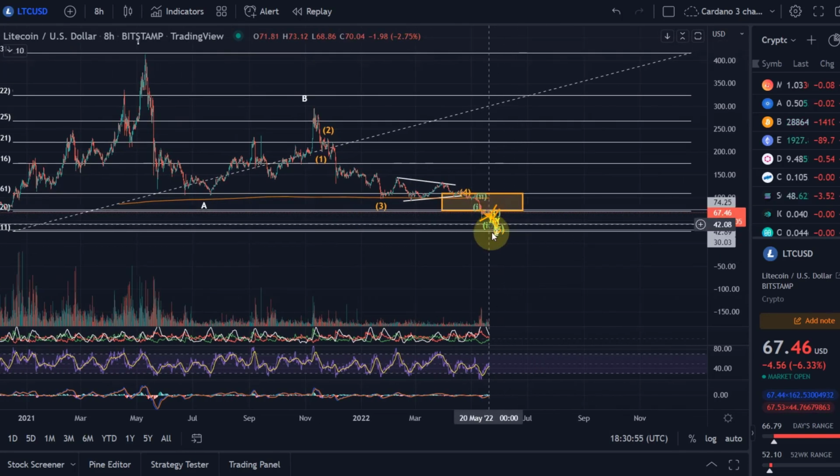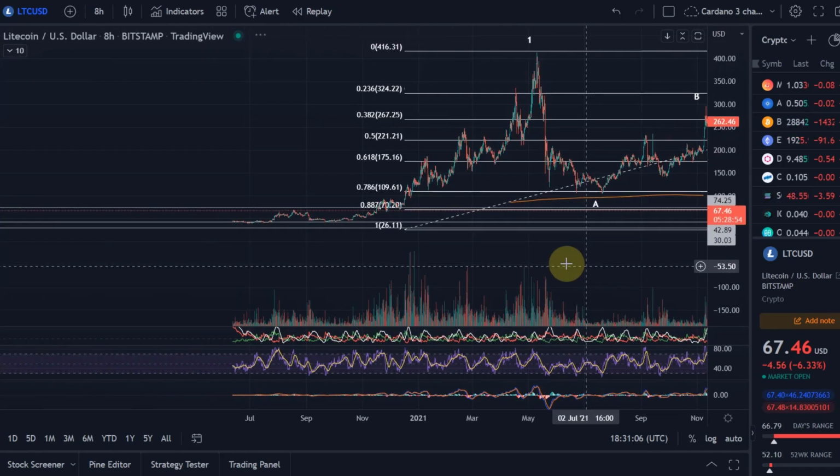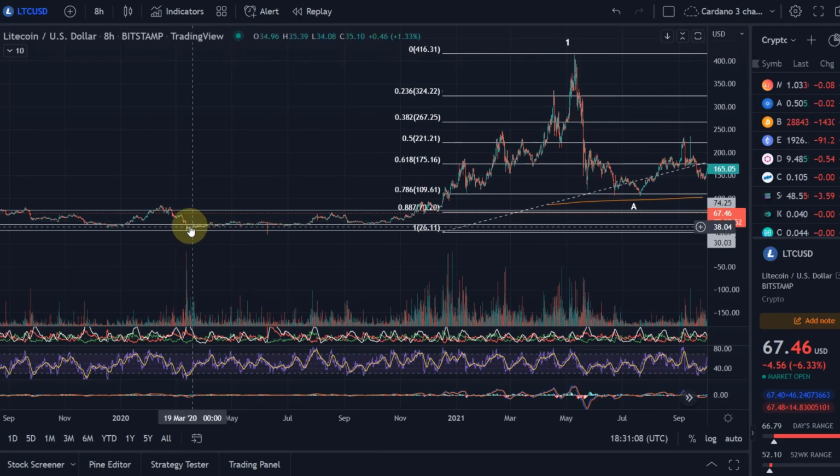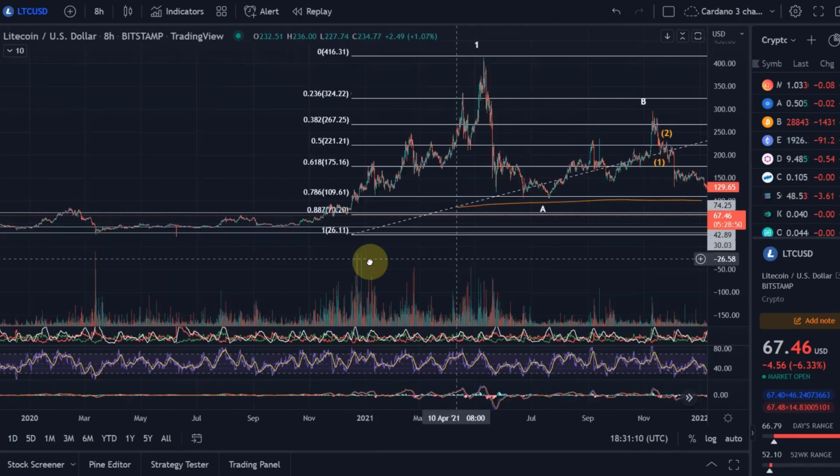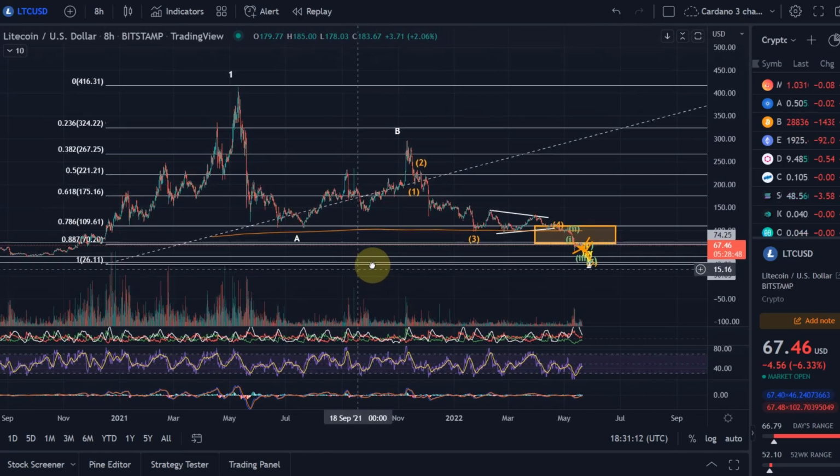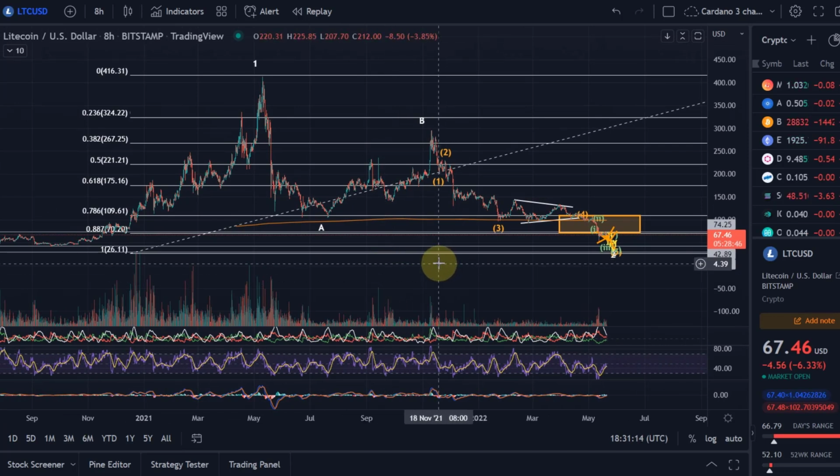But when this 5th wave is over, and this wave 2 of the higher degree, then the overall correction should be over. We should see a reversal, and we should start to move back into an uptrend. Now, that can take some time, as you have seen in this whole bear market. We need to be aware that this could take time. My primary expectation at the moment is that it won't take too much time. It will take maybe 4 to 6 weeks.